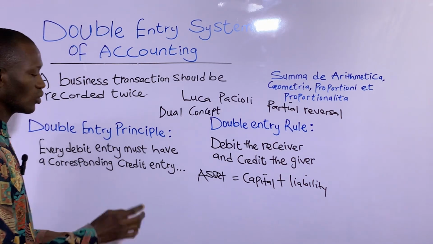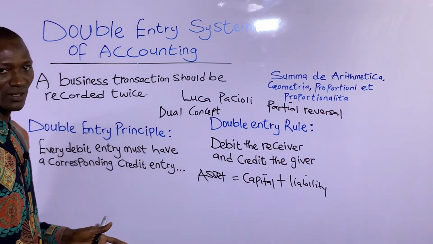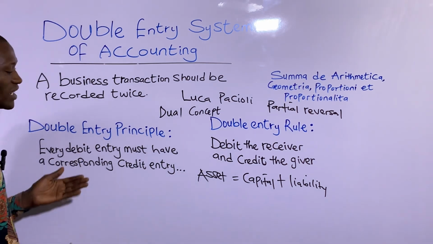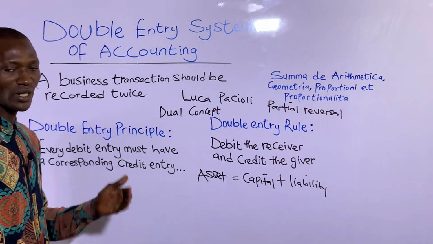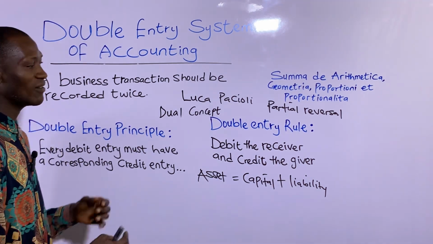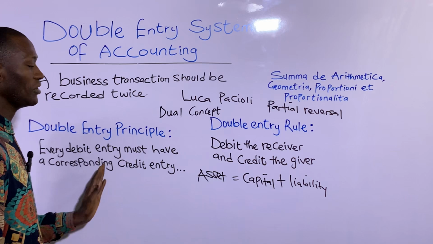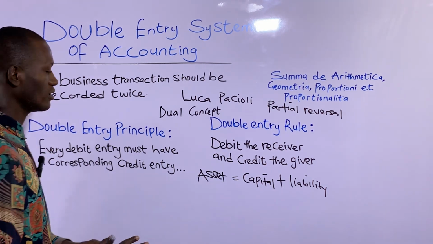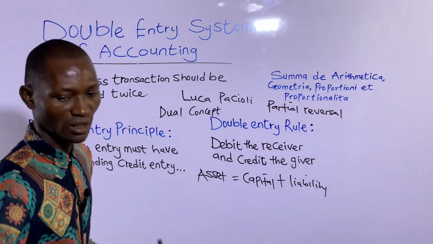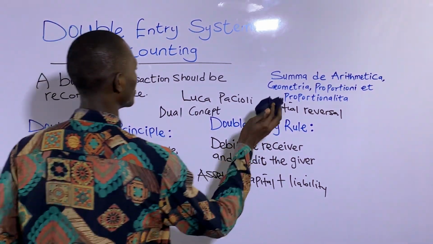So in summary, what the double entry principle states is that for every debit entry, there must be a corresponding credit entry. And for every credit entry, there must be a corresponding debit entry. So what that means is that,